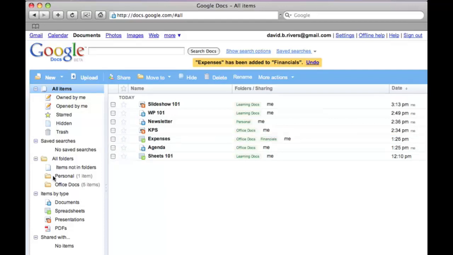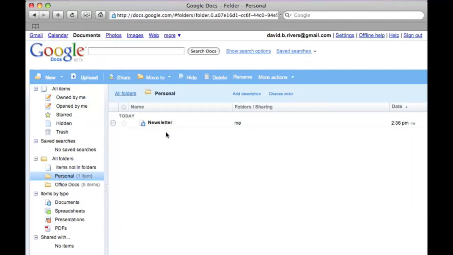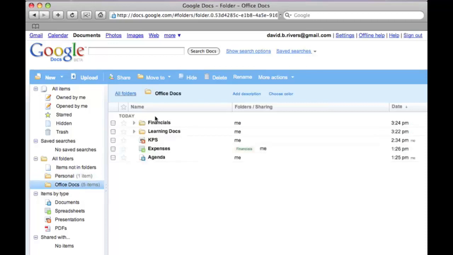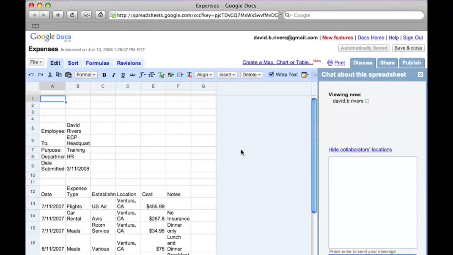Let's try it out. If I go over to Personal here and click on it, look at that, just my newsletter. If I go over to Office Docs, I've got a couple of subfolders as well as some files. Looks like this one's also in the Financials folder, and I can click on it to open it up from that folder. I'm going to go back to my Docs home,